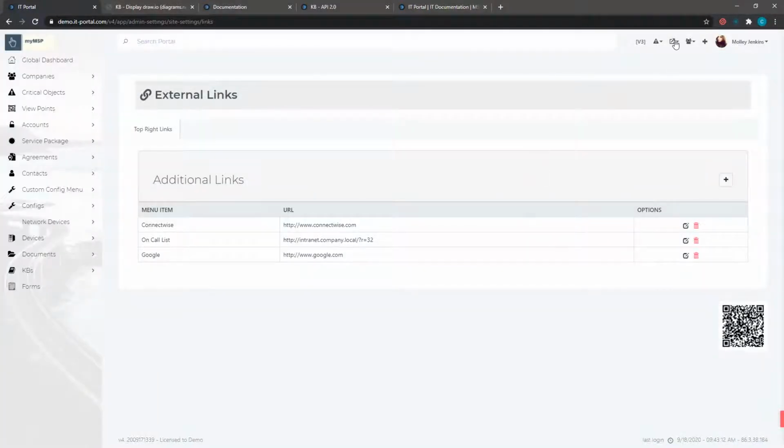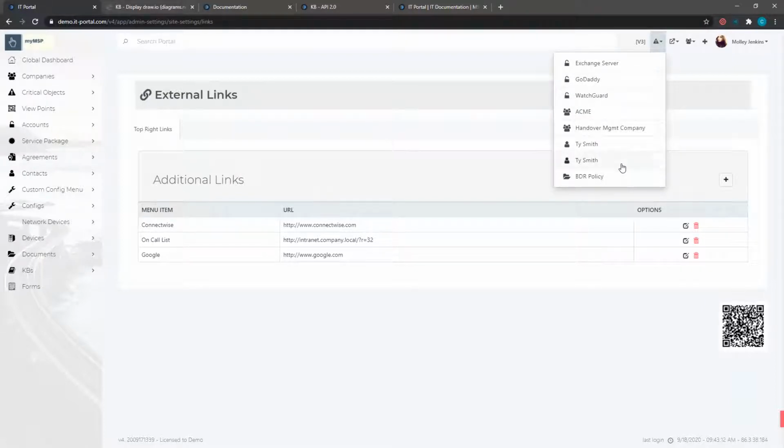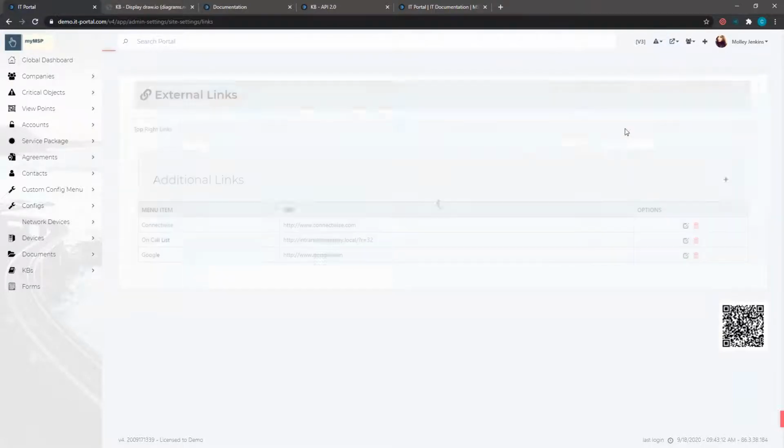Okay, links. This is a simple little function that we added. It allows you to create bookmarks that show up right here. So if you have some in particular that you want to put there, that's what that's for. Similar to that are critical objects. Critical objects are defined on two levels, the global level and the company level. So right now at the global level, we have these. This is where you put your most important companies, your most important servers, your critical stuff that you go to on a regular basis. So now we'll go down to the company level,